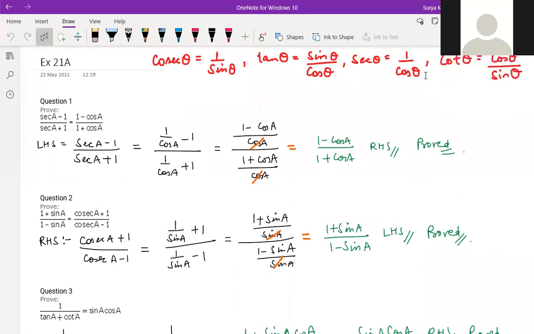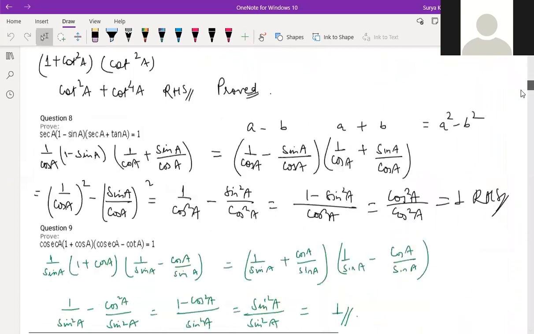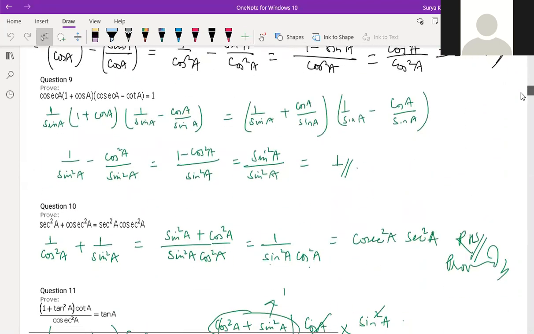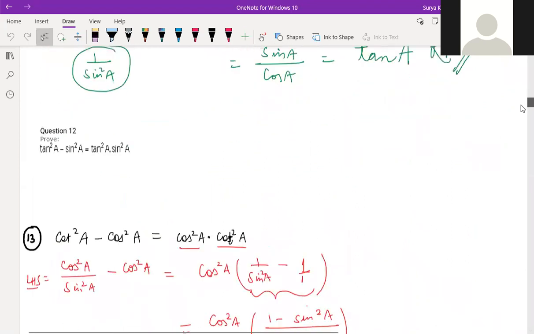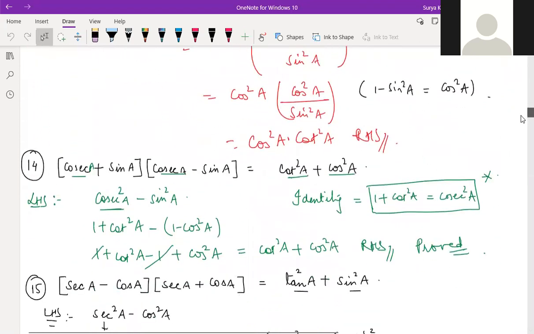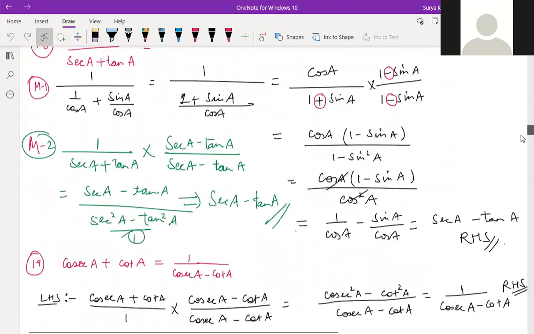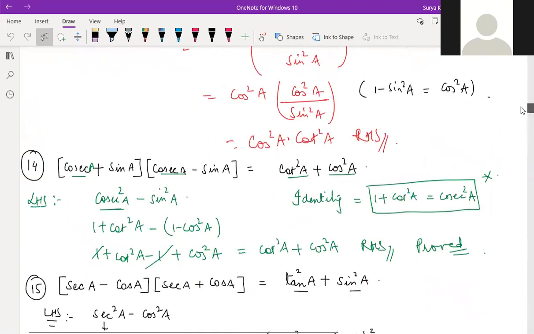See, this exercise also I'll send to you. This one, 21A. Around 49 sums are there in this. Children, you try to do this whole 49 sums. I have solved them also in this. This is a part of ICSE. It's not difficult. Same ditto syllabus only. And from this also the question is repeating. Some questions may be the same. You can just look into it. If you're having doubt, you ask.